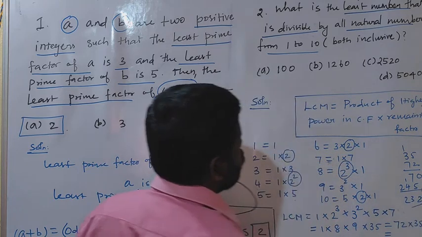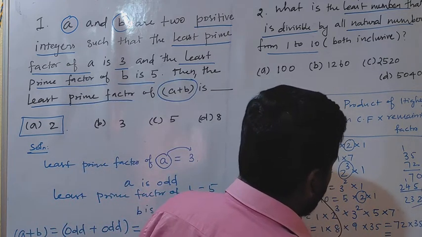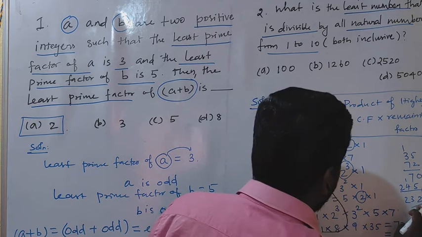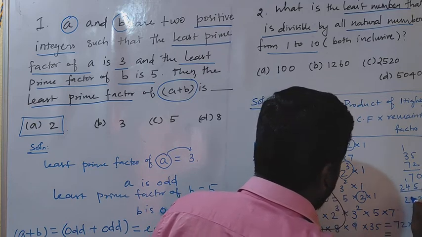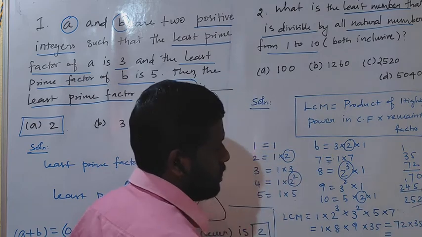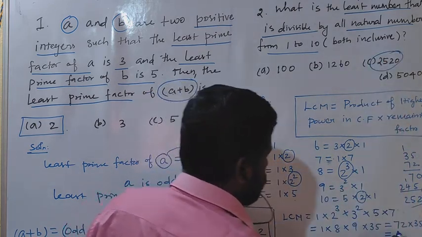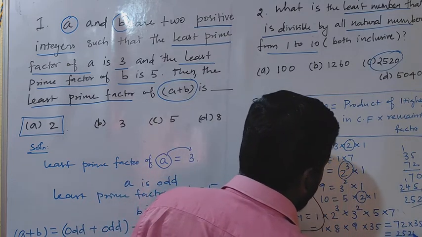So what is my answer? Not 0, 7, 5. Sorry. Here it is 5. Sorry. 4 plus 1, 5. Sorry, children. So that's 0. Then 7 plus 5, 12. Balance 1, 5, 2. So what is my answer now? 2520. Right? So my answer is 2520.